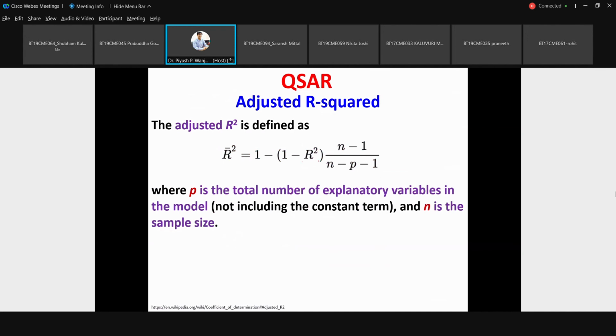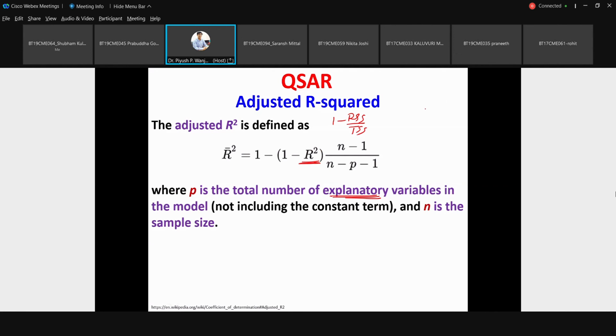Whatever R square value you developed earlier as 1 minus RSS by TSS, you need to do some adjustment. I said with more and more addition of explanatory variables, bias gets created and the R square value automatically increases. For one descriptor it will be less, for two descriptors it will be more, for three descriptors even more.